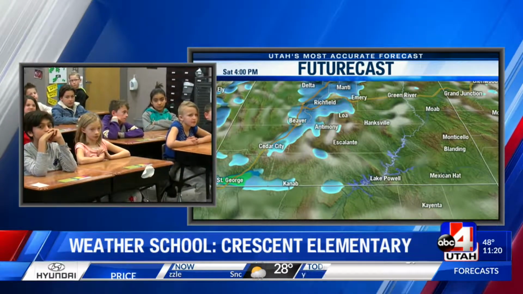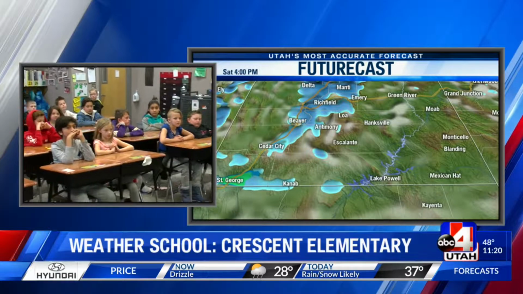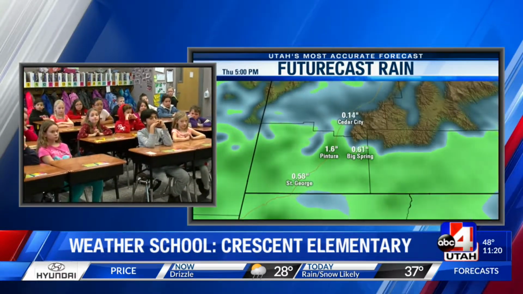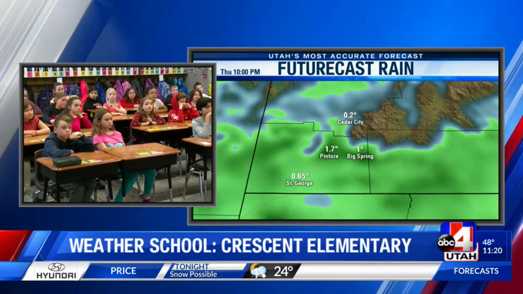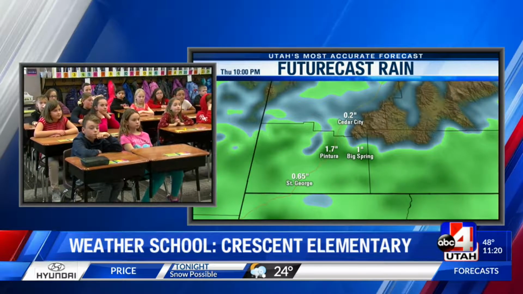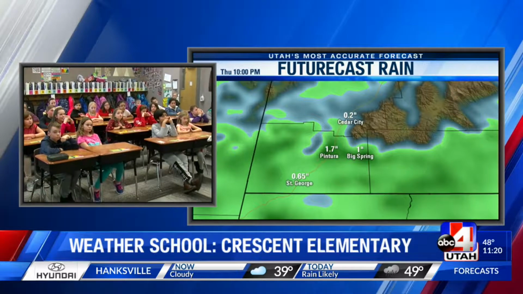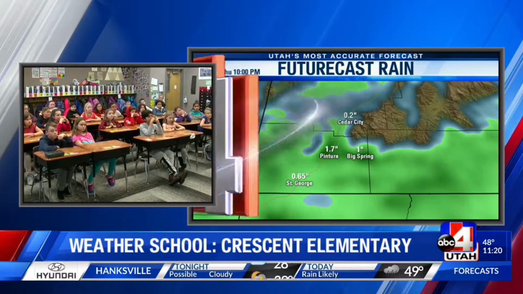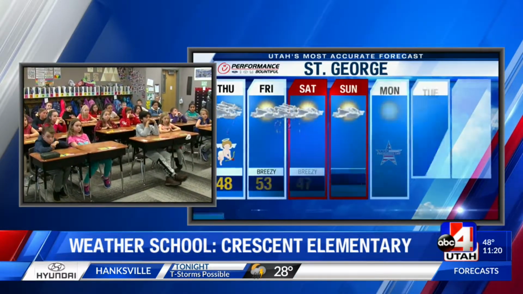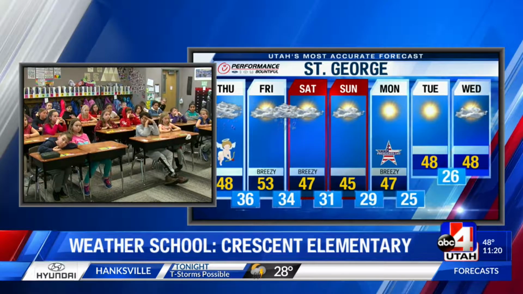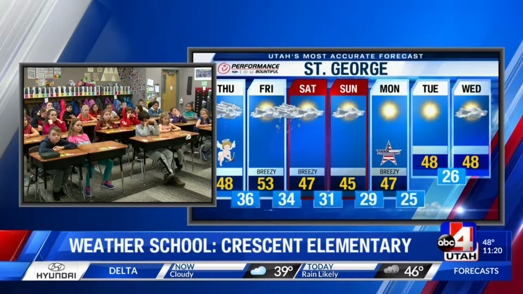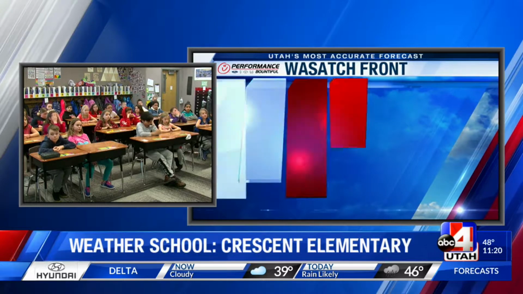But what was I just talking about, how much rain we're going to get in southern Utah? In a fairly rare middle-of-the-winter kind of thing, they could be getting upwards of a quarter of an inch of rain in Cedar City, maybe half an inch toward St. George, to maybe even one inch of rain in some parts near Zion National Park through today. So that could be quite a bit of rain coming your way. St. George, in your forecast today, looking at that rain, we're looking at a possibility of a rain-snow mix overnight tomorrow night into Saturday, but the rain today keeps it cold, only 48 degrees.